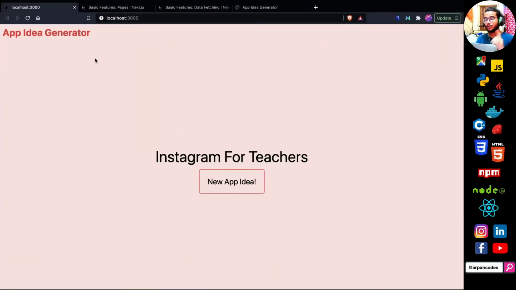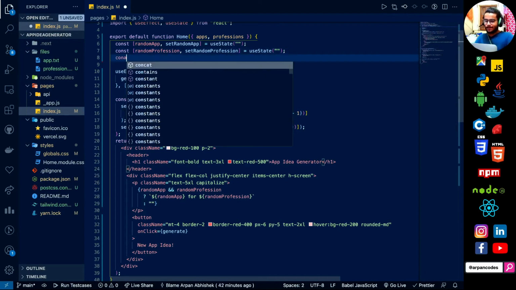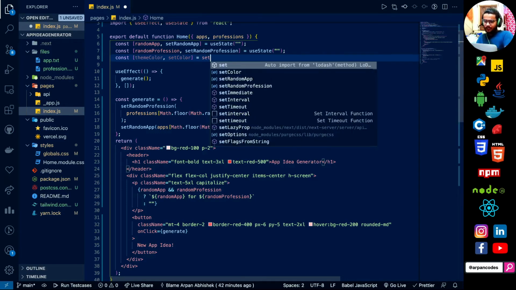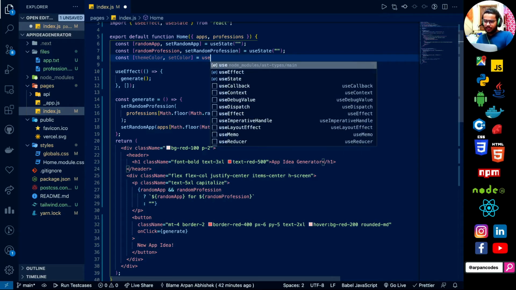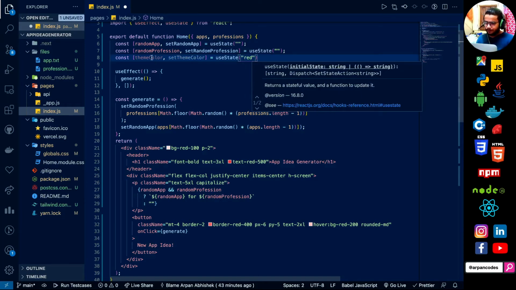One thing we can do, if you don't like the red color all the time, we can simply create, let's see, const theme color. Well, you can set it as context as well, but I'm not gonna set up context right now since we just have a single page, so it won't matter a lot. So let's see, use state, and I'm gonna change this to theme color, set theme color, and we are just gonna use red for the